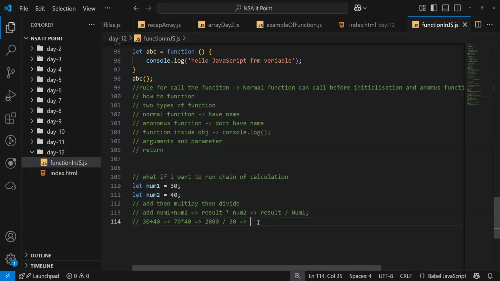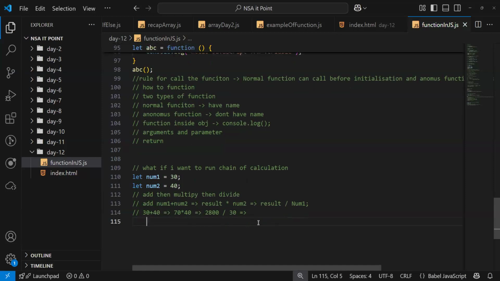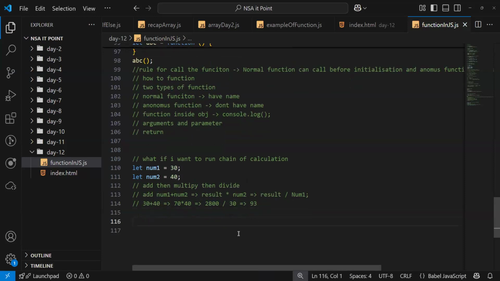Let's see what the result will be. I want the series of calculation. 93.1, let's just take a round figure, 93, and ignore the decimal points. So we want this series.